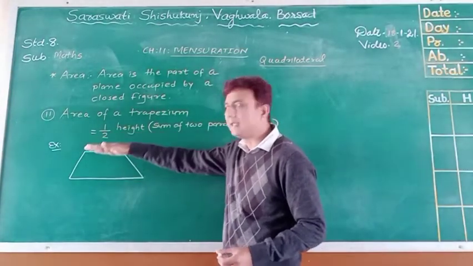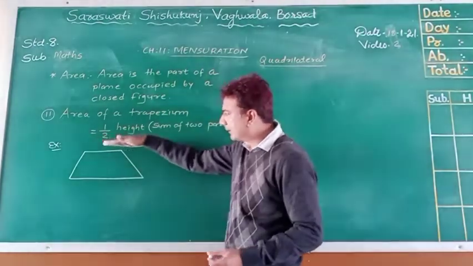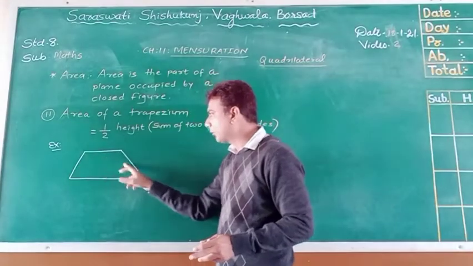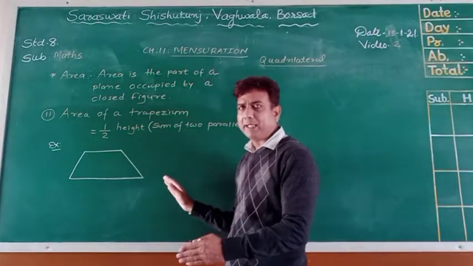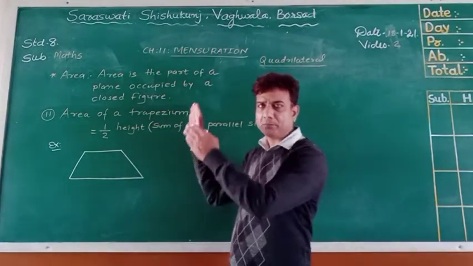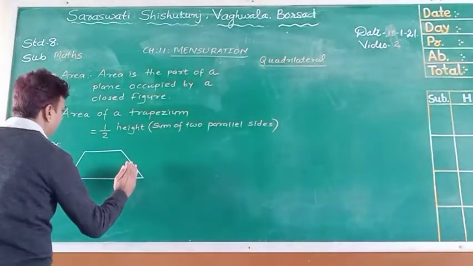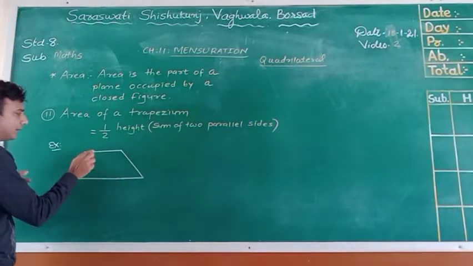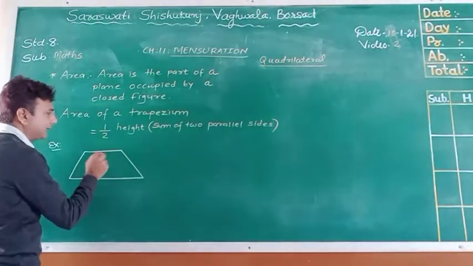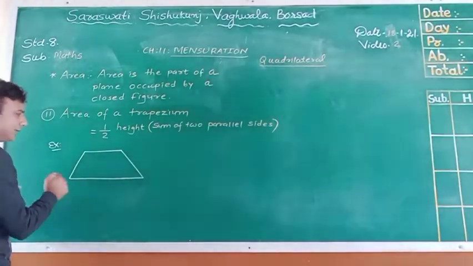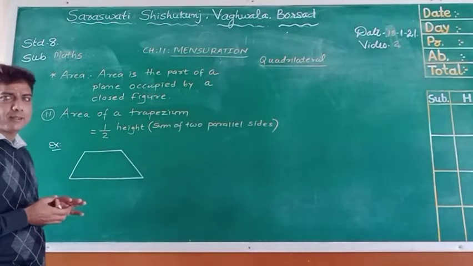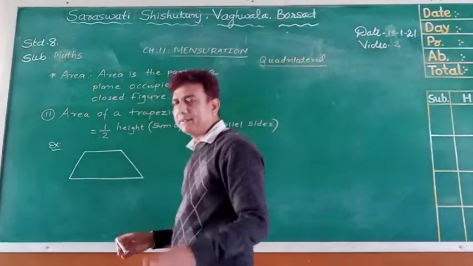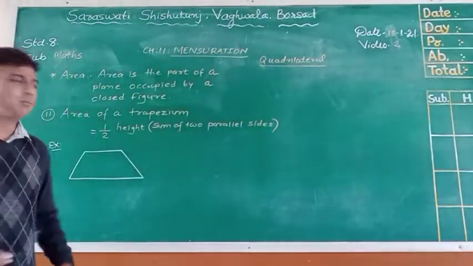We can see it like a railway track. This and this both are parallel, but the remaining two sides are not parallel. If I extend these two sides upward, they will connect at one place. But if I extend this line segment on both sides, left and right, these will not connect to each other. So we can say this is a trapezium. In this trapezium figure, we want to find the area of the trapezium.